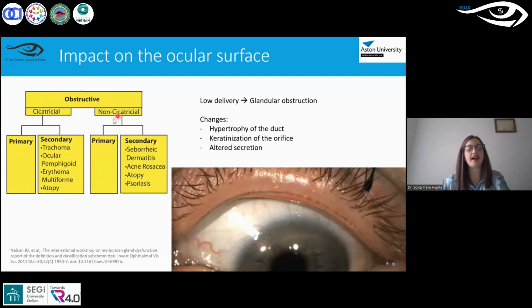And then we have other skin conditions that create that obstruction within the gland. So those changes could either be at different points of the gland, as we've said, on the more distal part or the more proximal part,